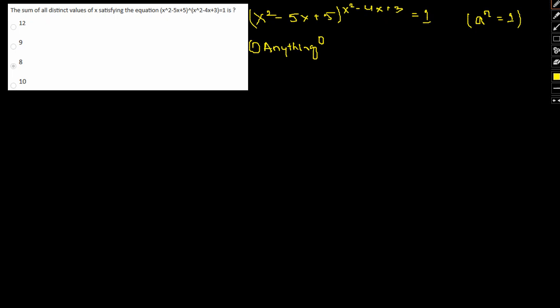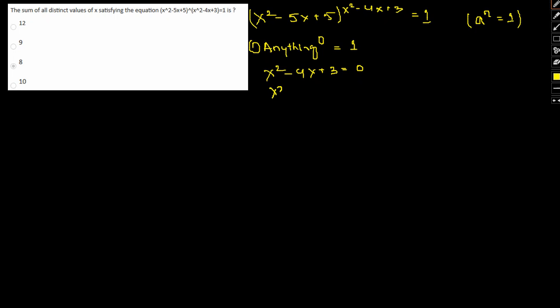Okay, now one thing you can note, the first condition to check is anything to the power 0 is equal to 1. Okay, this is our first condition to check. So we'll take n as 0 in this case. N as 0, that is our first condition will be x² − 4x + 3 = 0. Okay, because we'll consider this term as 0 so that we can further continue and find certain values.